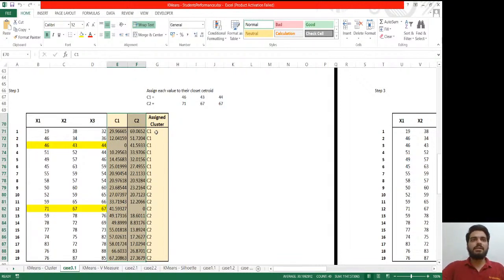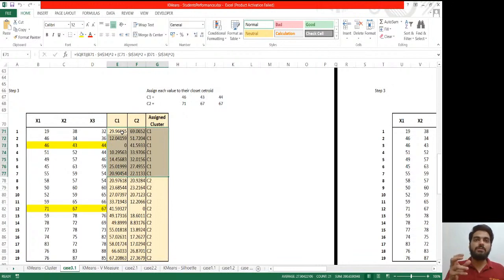I will assign that row to the minimum value. You can compare over here the very first few values till this point. In all these cases, my C1 has a lower value with respect to C2, and below that, for everything I have C2 as the minimum value with respect to C1. So I've got my rows by deciding the minimum value of C1 or C2. So this is step 3.